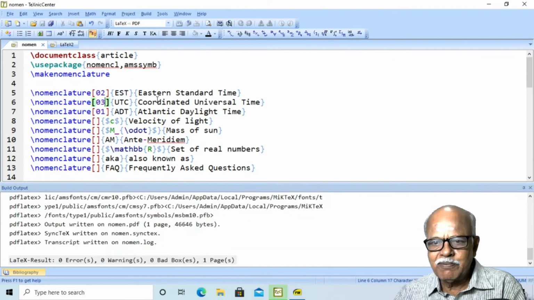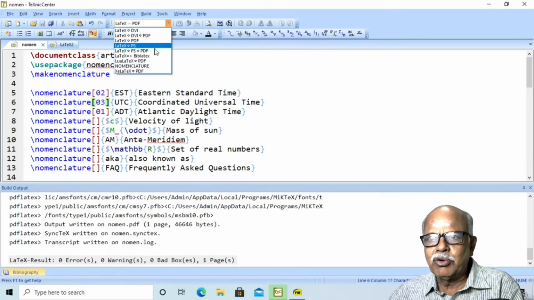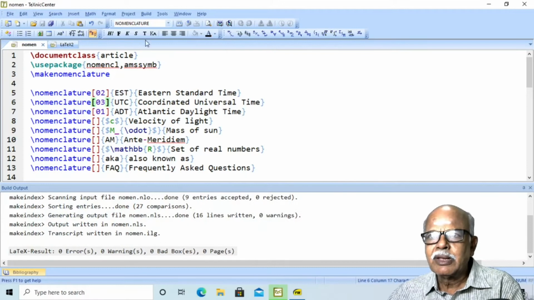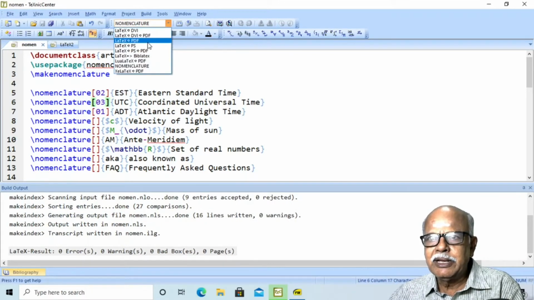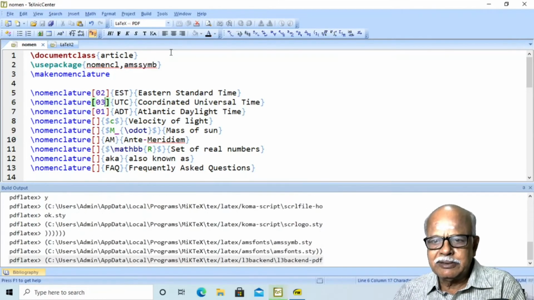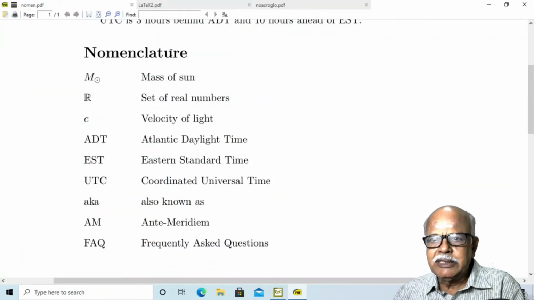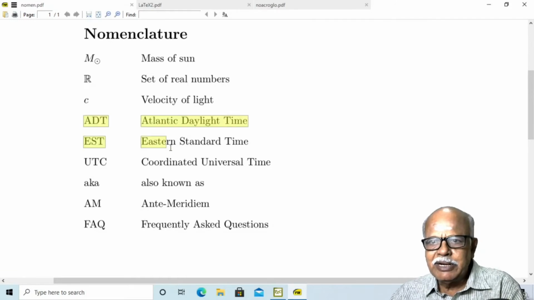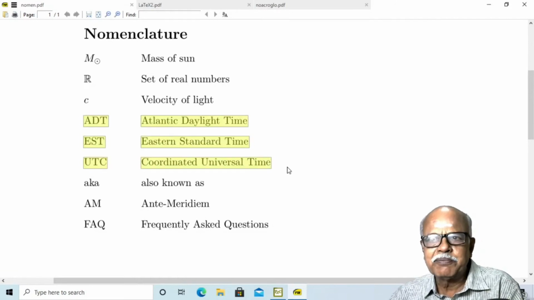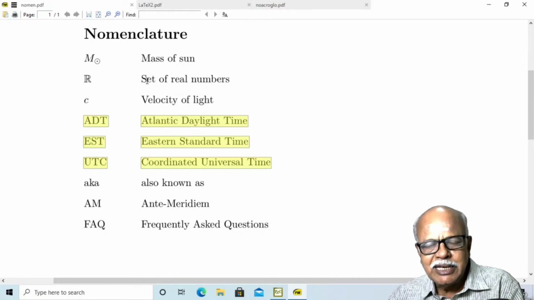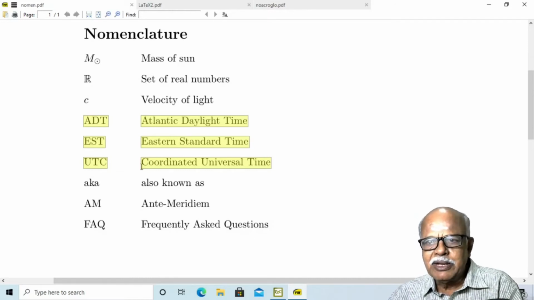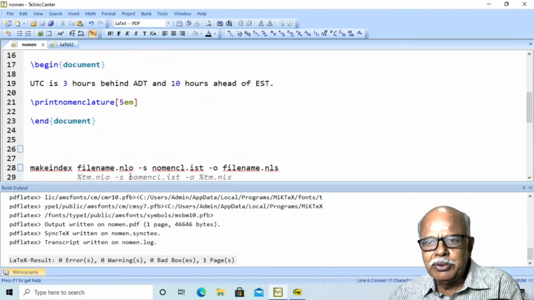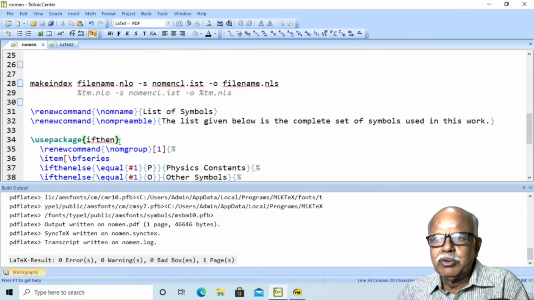Compile this, again execute nomenclature, again compile with PDFLaTeX. Then you will find ADT and EST available in the order we have specified. For others, we have not specified any order, which is why they appear in an order specified by the software itself.